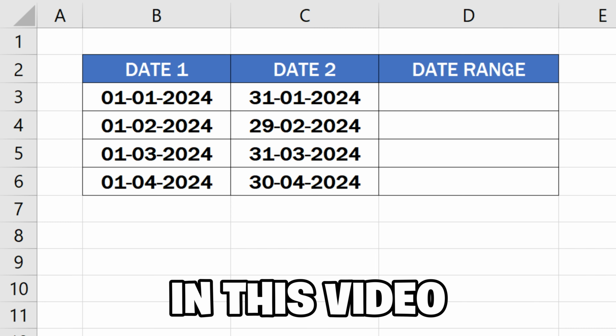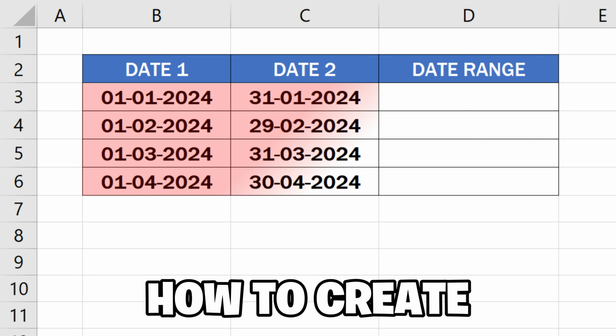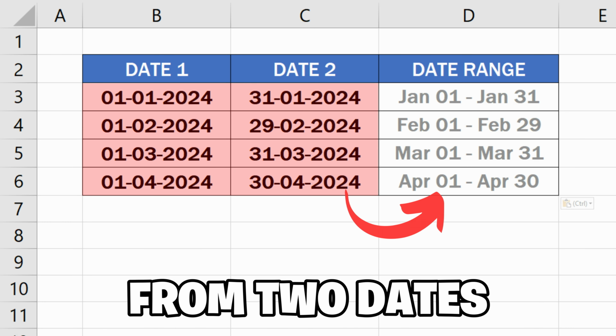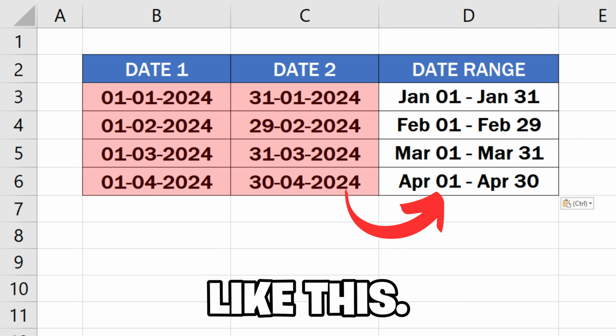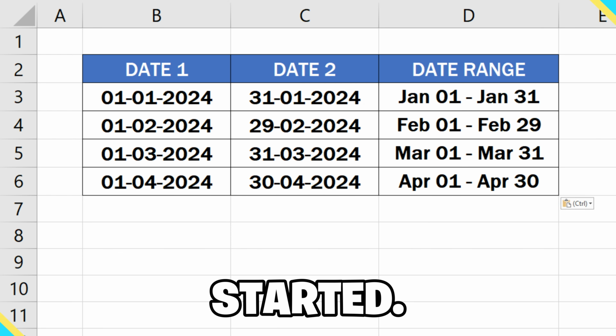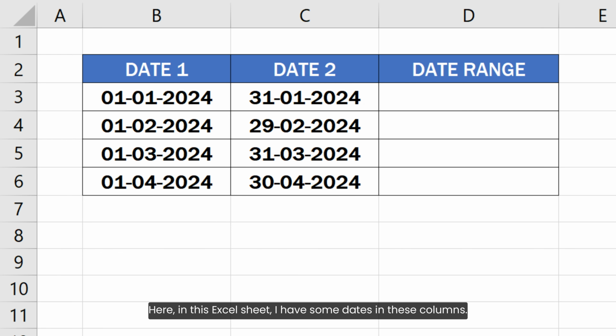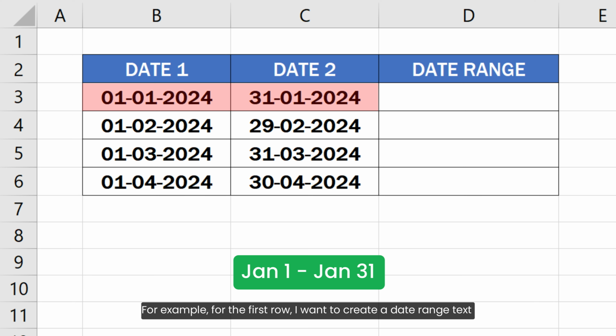In this video, I will show you how to create a date range from two dates in Excel like this. So let's get started. Here in this Excel sheet, I have some dates in these columns. Now I want to create a date range text from these dates. For example, for the first row, I want to create a date range text like JAN 1 to JAN 31